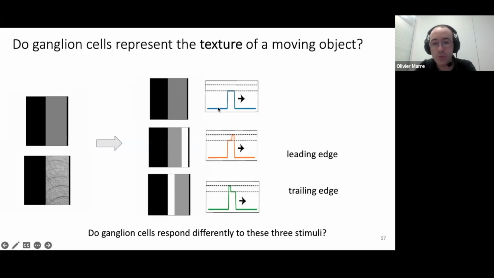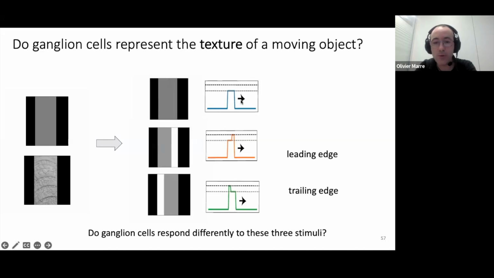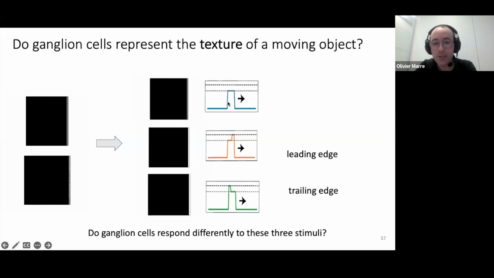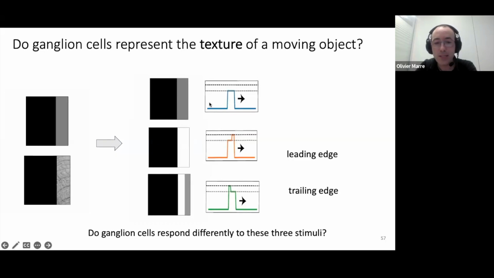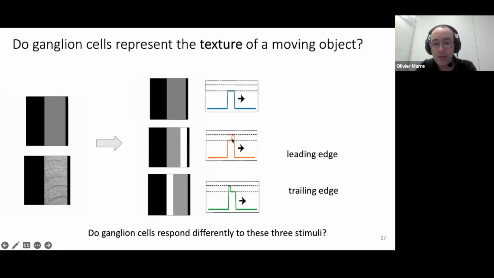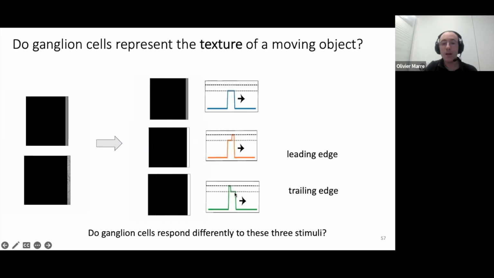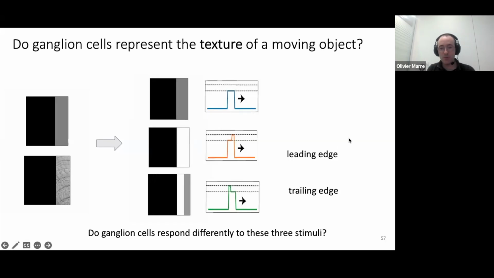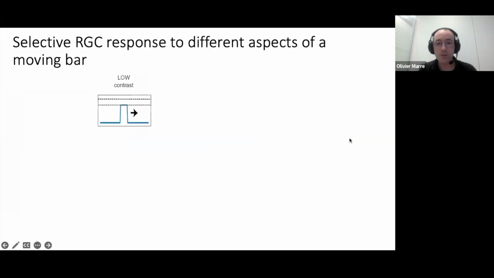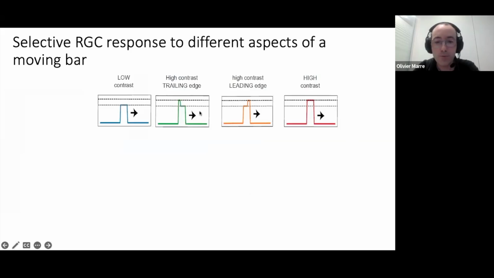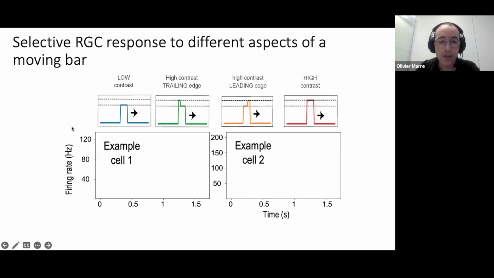If you just take a luminance profile, this is over space, and the arrow indicates the direction of motion, then this is the same thing, but just represented by taking a slice in this direction. So you have the bar here. Here you're increasing in light intensity in this part, and here you're increasing light intensity in that part. And that's simple enough. We can just display that to the retina and see how ganglion cells respond to it. So again, we have these 4 stimuli, the 3 that I presented, and also a control with the high contrast here, where everything has high contrast. Okay, so X is space and Y is the luminance. And I'll just show you for starters just 2 cells